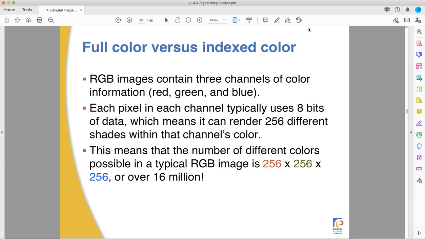So if you figure out how many colors you can produce using RGB, you have the ability to make the